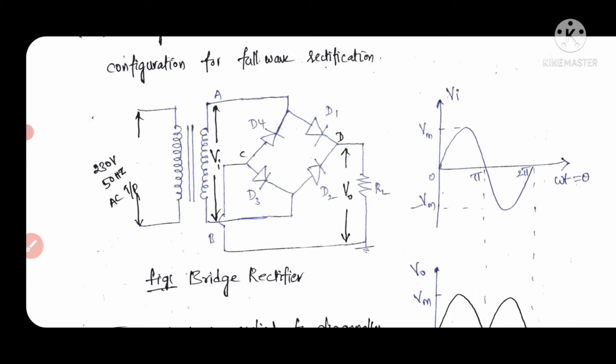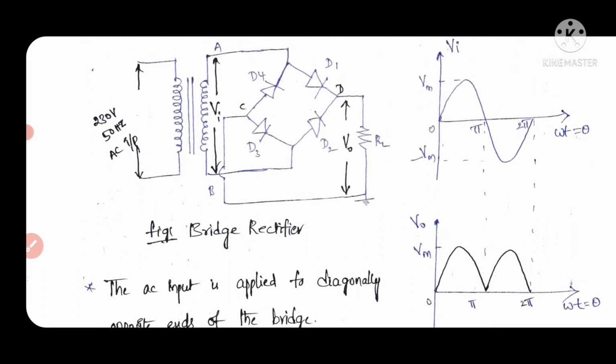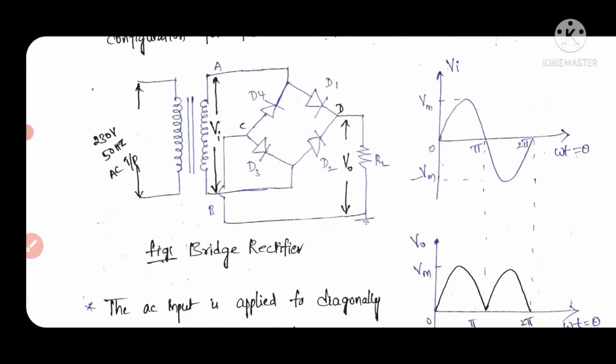Here we are using 4 diodes, and we are also using a transformer. So this is the input cycle. Here we are applying the input voltage Vi equal to 230 volts and 50 hertz, because it is an AC input voltage. The AC input also has a certain magnitude, let us consider Vm. It also has a frequency, because AC signals also have a frequency.